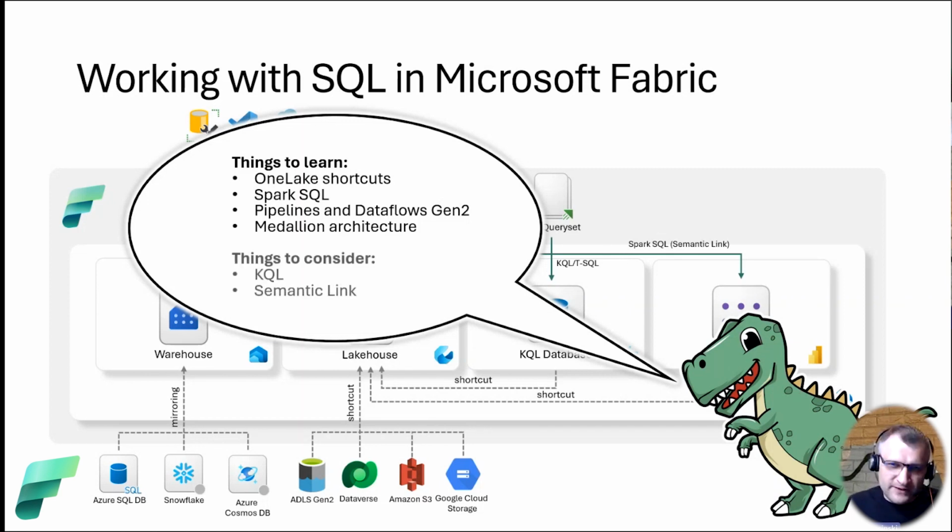So there are two more things to learn. I warned you this will be also about learning and expanding. So Kusto Query Language, if you plan to run some real-time or observational analytics scenarios and have your KQL databases, then KQL absolutely is your friend to learn. And semantic link, if you are a Power BI developer willing to expand and have not just SQL but also Python capabilities at hand to, for example, test your semantic models, that would be useful. All right, with that I will switch to demos